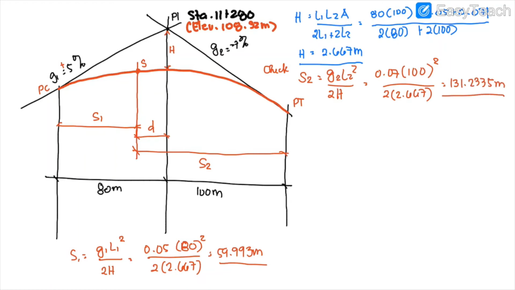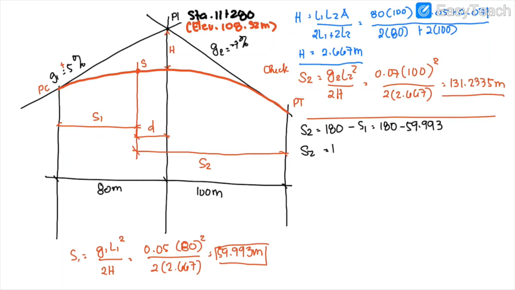So S2 is more than 100, and S2 plus S1 is more than 180 meters. But with that note, let's adopt S1 and recompute for S2. Recomputing S2 is simply 180 meters minus S1. 180 minus 59.993